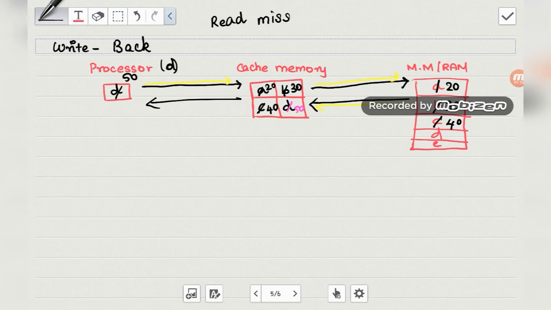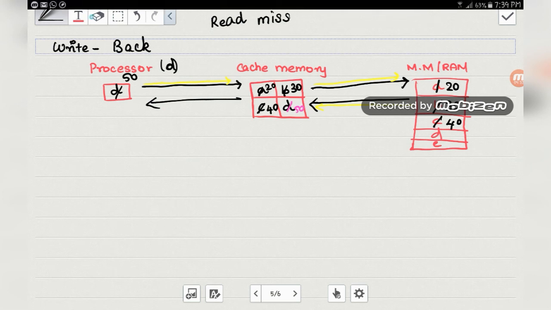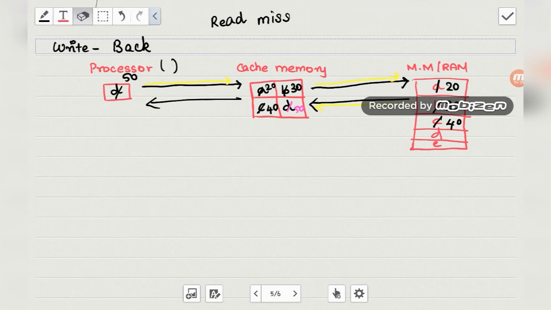Now what is the meaning of that? Let's say this is done, and now the processor is demanding for E, but the cache memory is full. As you can already tell, cache memory is smaller in size than the RAM, but it is faster in processing.